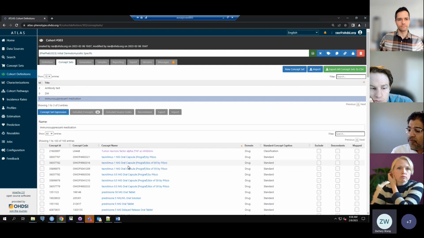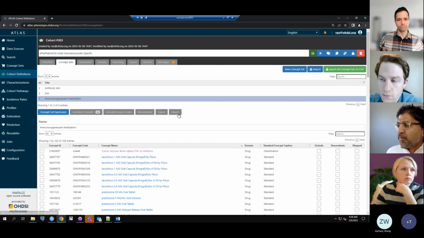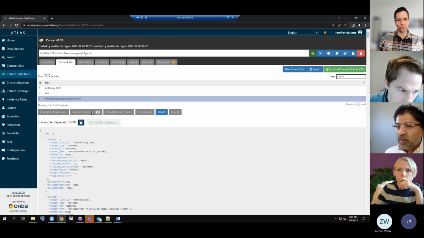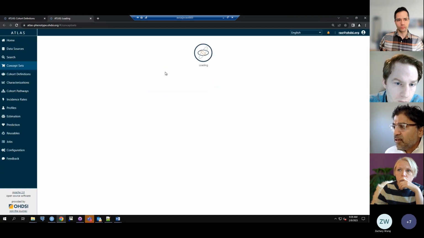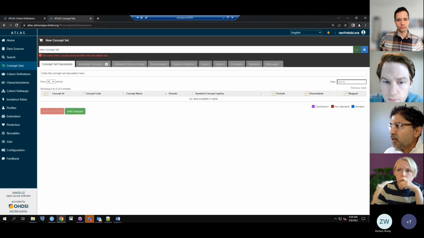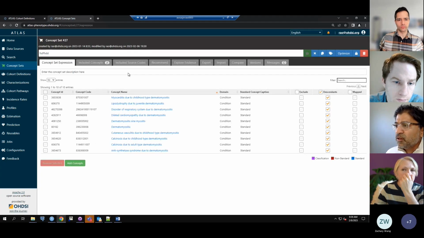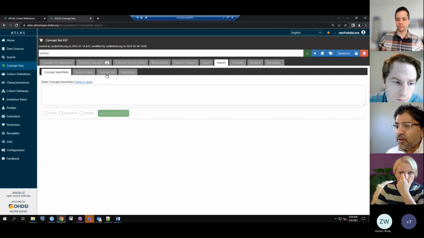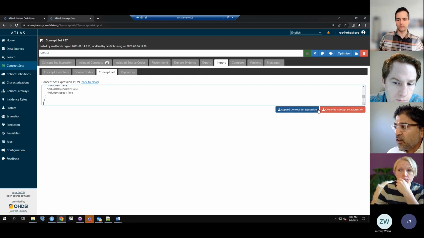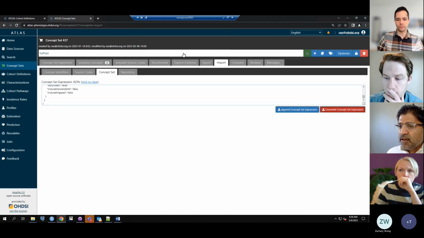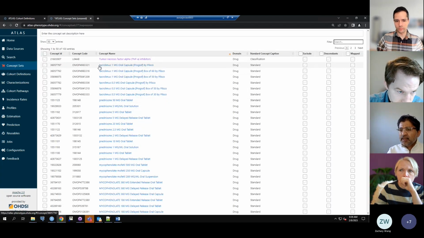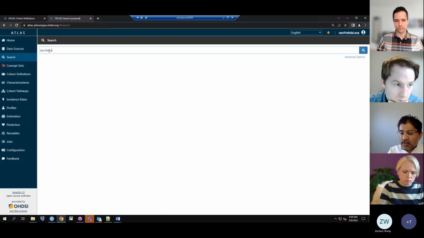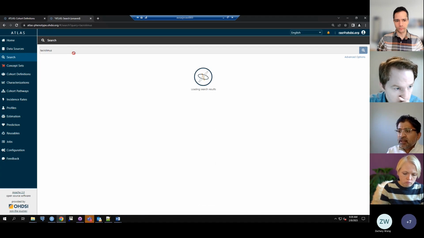So let's talk this through. I think this will build up to our next step, which is the antibody. I'm just going to pull this up. Import your concept set here in the concept set segment of Atlas, and this is your definition. If I select tacrolimus and search for just the ingredient of tacrolimus,